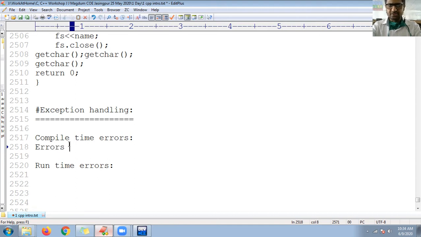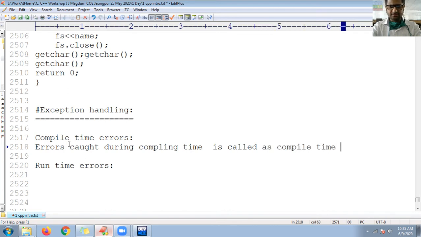Those errors caught during compile time are called compile time errors.